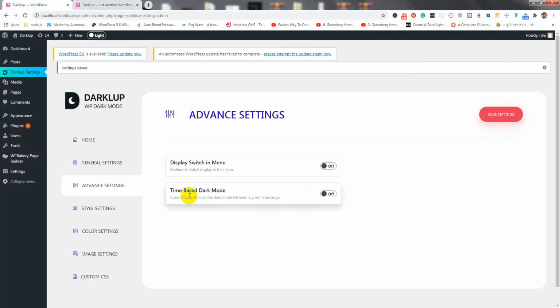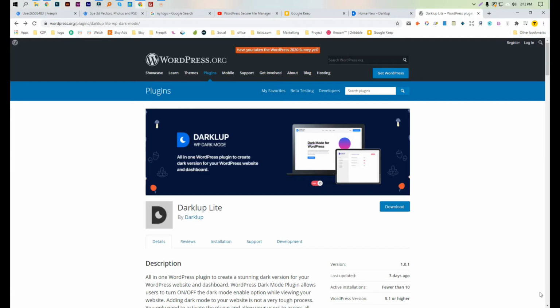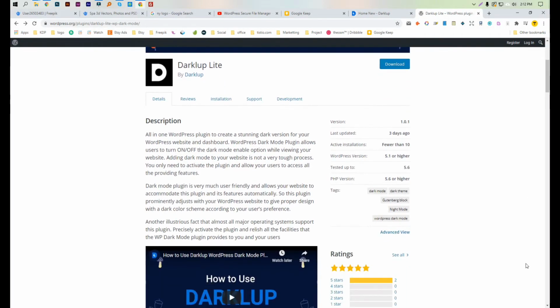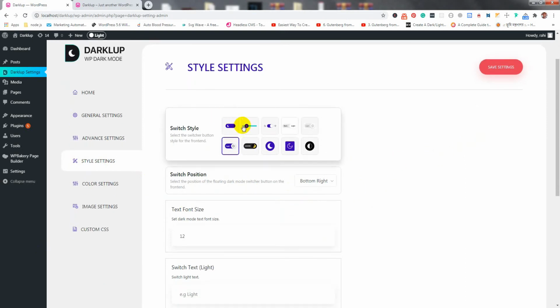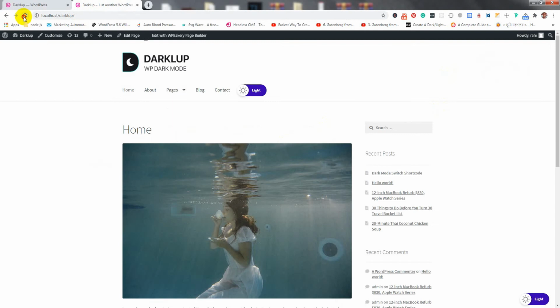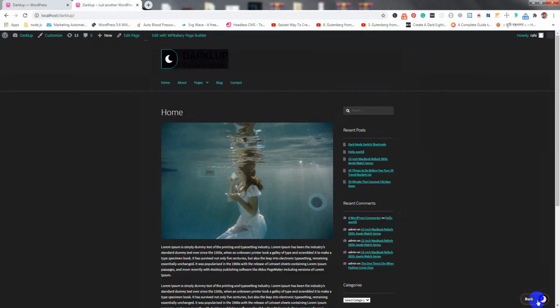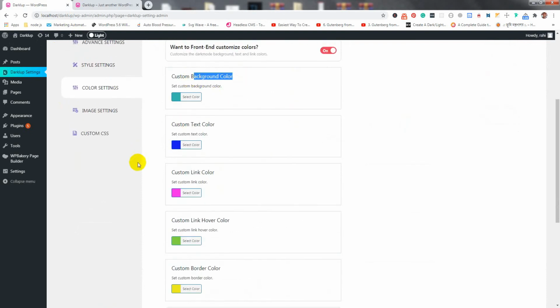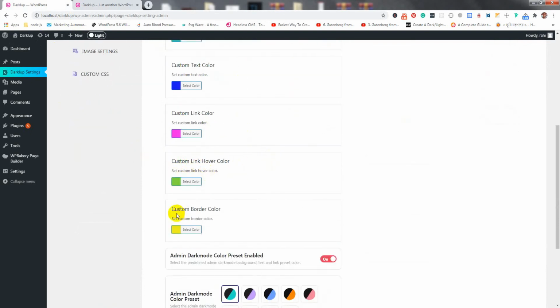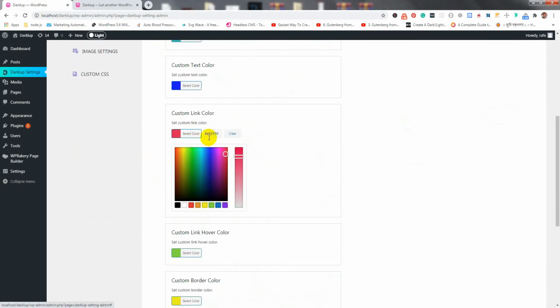and safe environment. Darkloop WP plugin provides a lot of amazing features in the free version. Switch buttons of different styles are accessible in dark mode. Choose any style among different switch button styles for your users to turn on or off the night mode. To cope up with the dark mode, adorn your website by customizing it with your desired color.